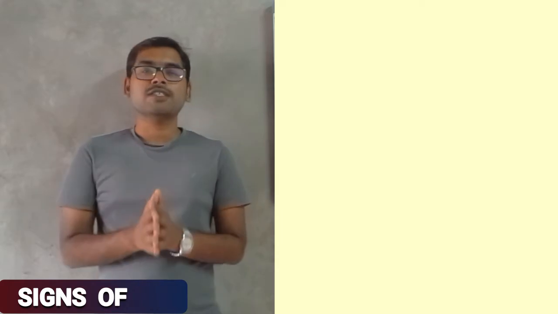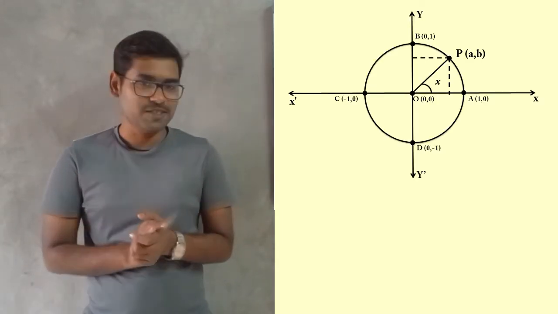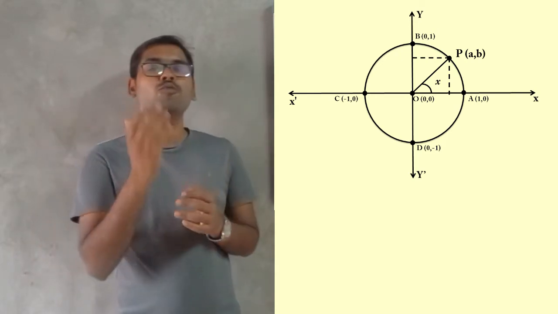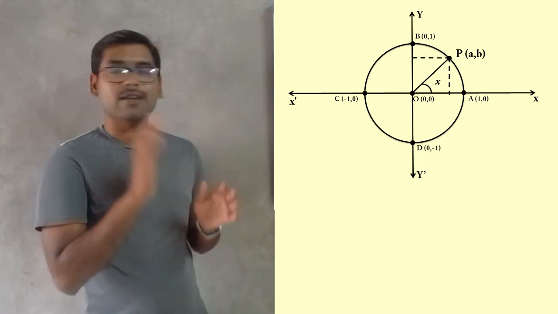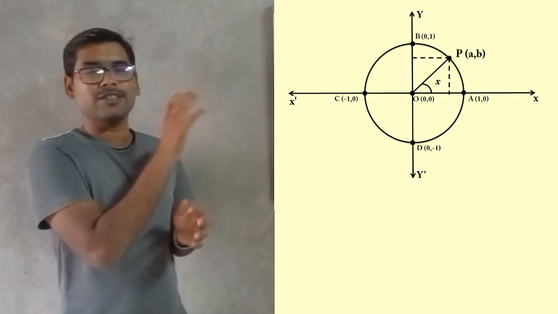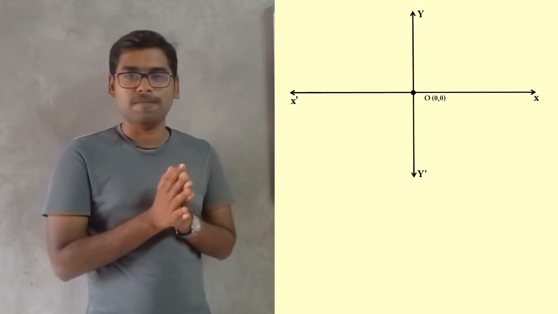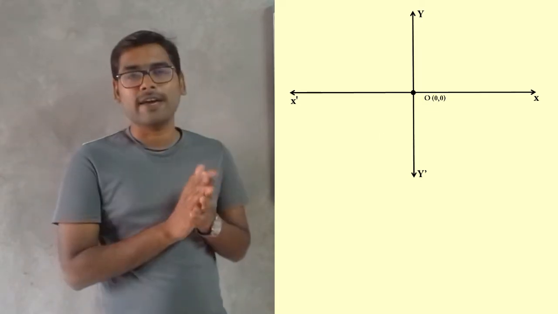Guys, let us begin our discussion with this simple diagram which gave us the definition of sine and cosine functions. Here we have a set of two mutually perpendicular axes, which are the x and y axis, and we also have a unit circle which is placed inside these axes. For a moment, let us forget about the unit circle. Now we only have the x and y axis.